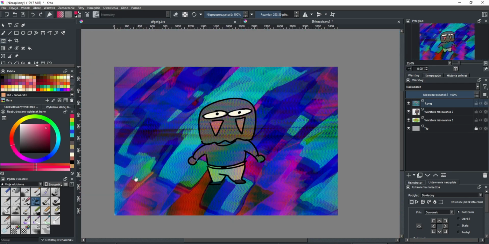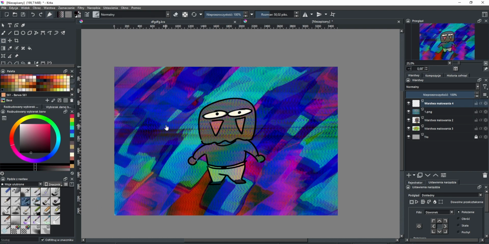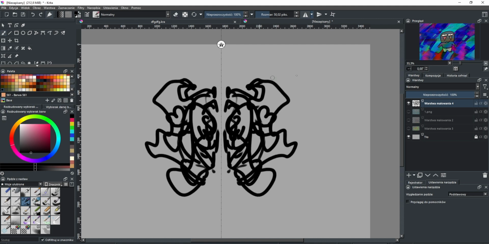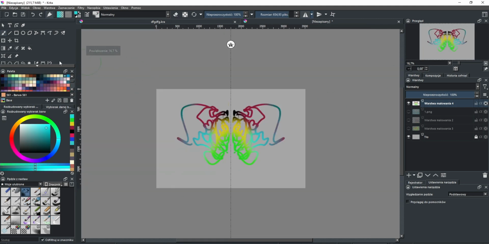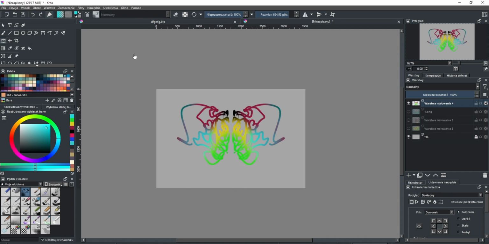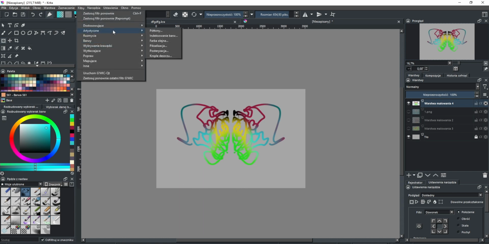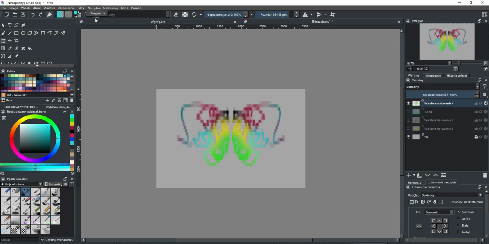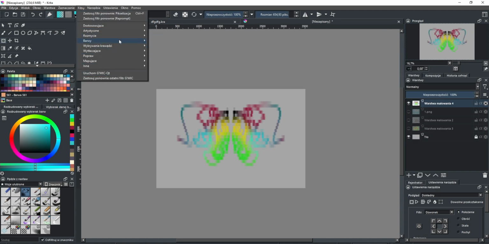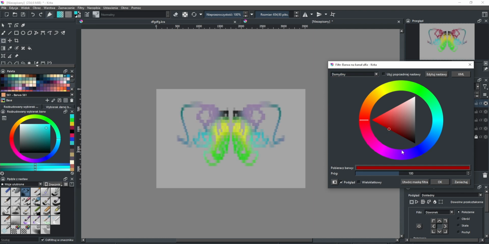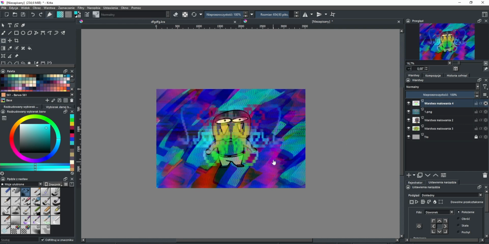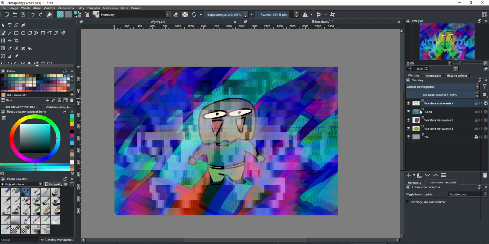So basically you just do simple or complicated shapes. For example, I will start drawing something like this. We have a different weird shape, so now we can just play with the filters like this, like make it more pixely. You can do stuff with it, whatever you want basically. You can change colors. I don't know, I just put random stuff and it works. Size it up and then play with the